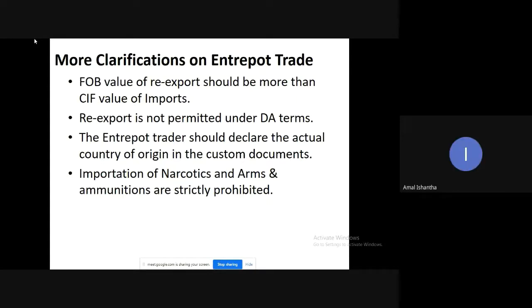I have a small question. Suppose you are going to add value while the goods are in a bonded warehouse, do they allow you to take it to another factory, or does the importer have to do it in the bonded warehouse itself? Yes, a very good question. What's your name? Amal, sir. Amal, very good question.